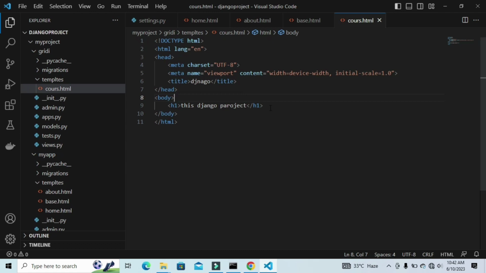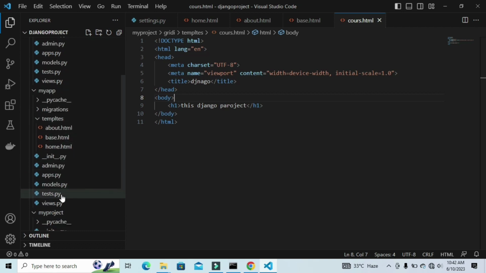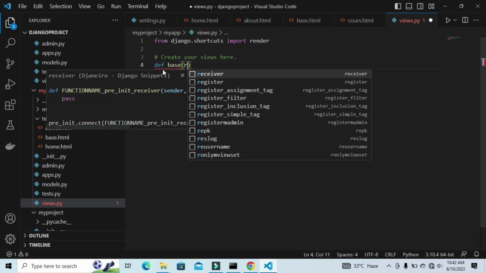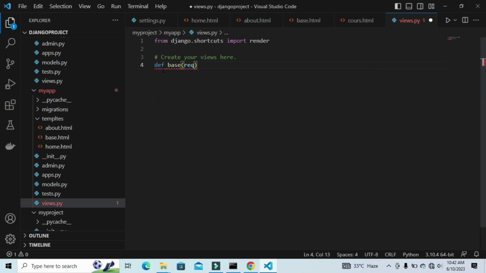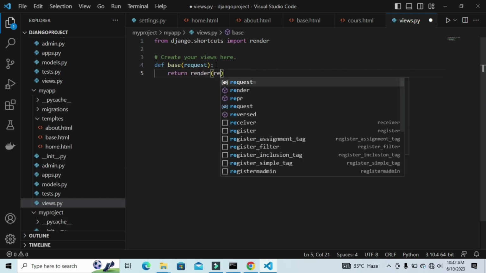Now I have to define the views for these HTML pages. For that, go to the views which is inside the particular application. For my app we have one views.py file. Go here, then create the view. For that, def. First I'm going to create for the home. Let me do for the base. Then the default parameter request. Return render, then the default parameter request,